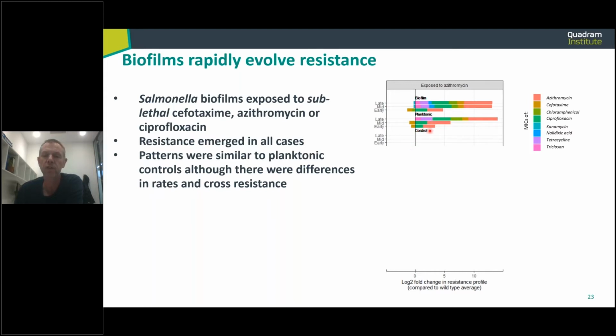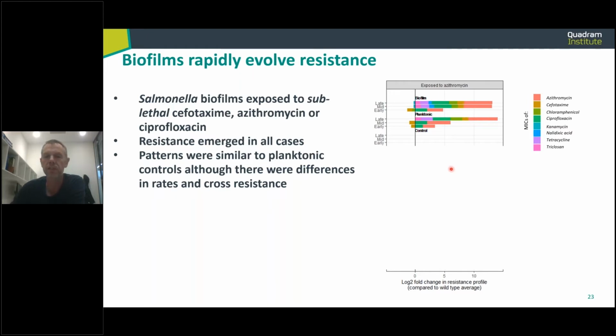And then we've got planktonic control cultures here in the middle, and these bugs are exposed to azithromycin. You can see that they become more colourful through time, and at the end you get this kind of rainbow, and red is azithromycin, so they become more tolerant to azithromycin, but also other things. And our biofilm lineages look similar, but they actually become tolerant earlier, so they get changes to a whole bunch of drugs, and they get this kind of nice rainbow color, so they become kind of multi-drug resistant to a whole bunch of different drugs quite quickly.